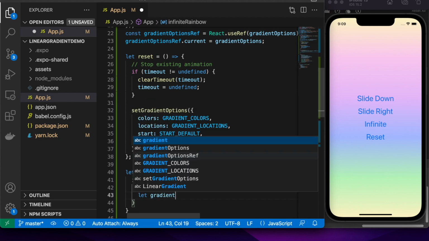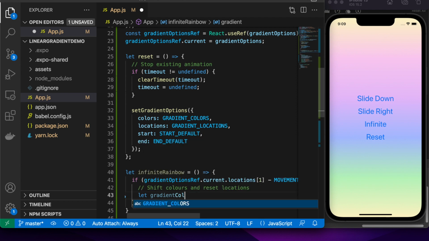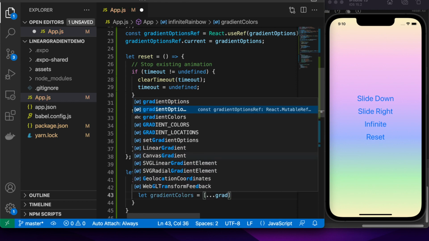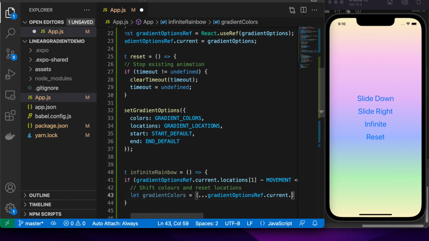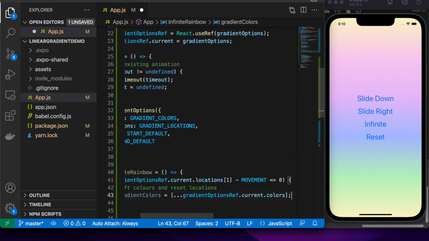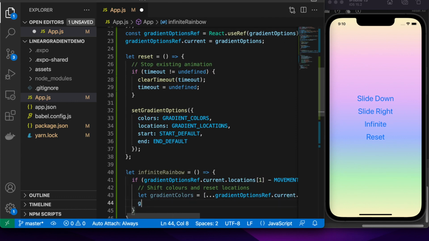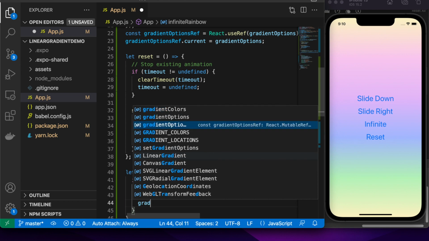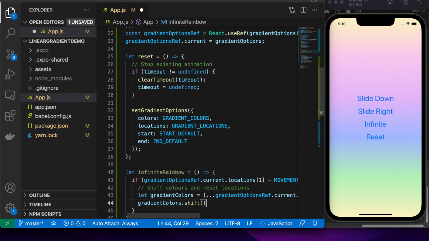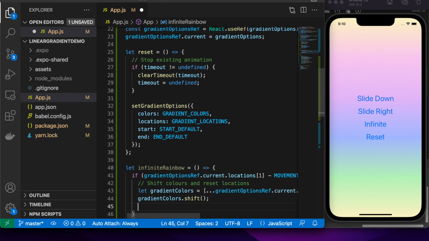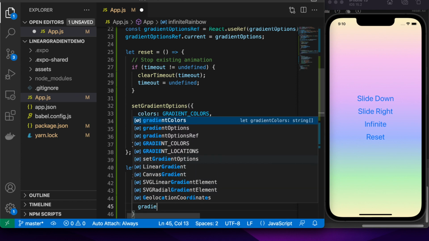So yeah, I'm going to want to shift the colour and reset the locations in this case. I'm going to create a copy of the gradient colours, and that's just so that I can modify it. So then I'm going to do a shift, which basically removes the first item in the array.